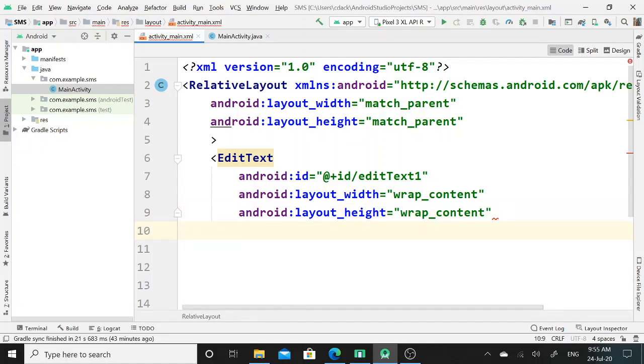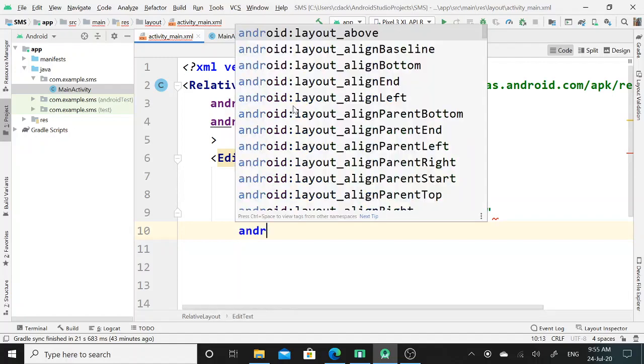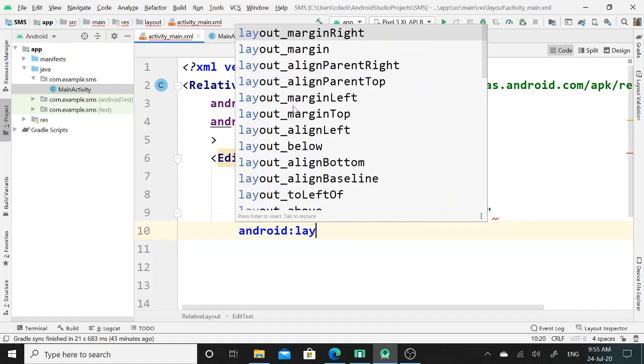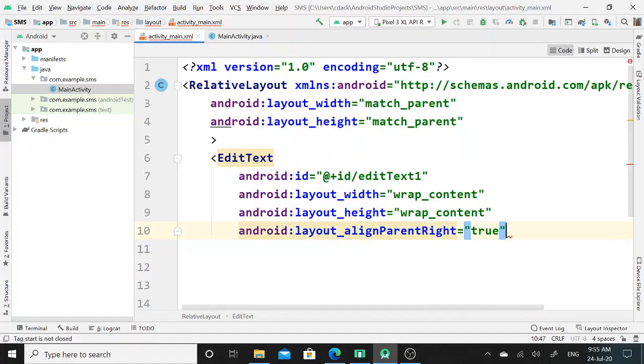Now in next property, I will set the position of this edit text tag on relative layout. For that, I will call layout align parent property. I will set it as true.